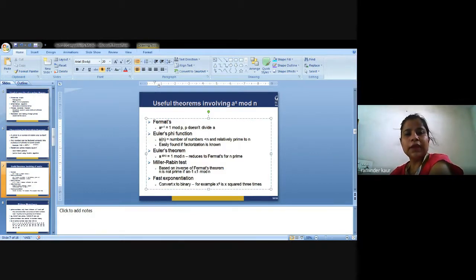So next is positive integers. Next is the set of integers. Integers mean those having values between the negative integers and positive integers, and 0 will also be there. Next is rational numbers. Rational number is q equal to p by q, where p belongs to Z and q belongs to the natural numbers, that is N star.